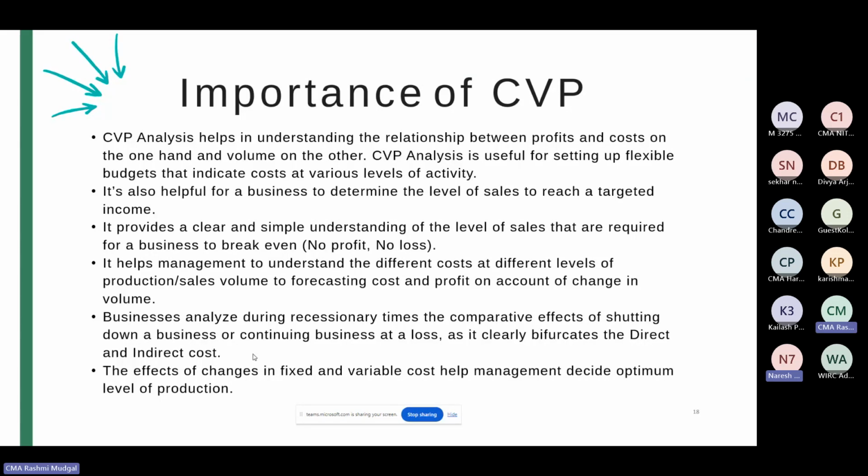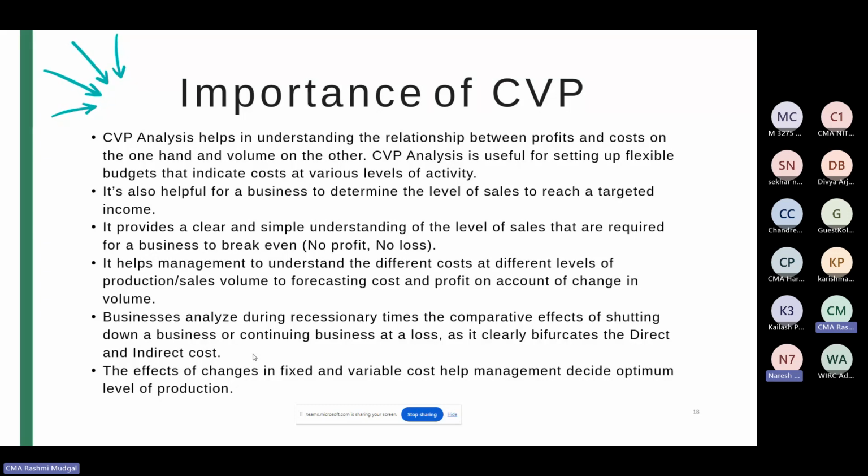It is helpful for business to determine the level of sales to reach targeted income. It also helps to understand the difference in cost at different levels of production and sales to forecast the profit and loss. Business analyze during recession time the comparative effect of shutting down the business or continuing the business,